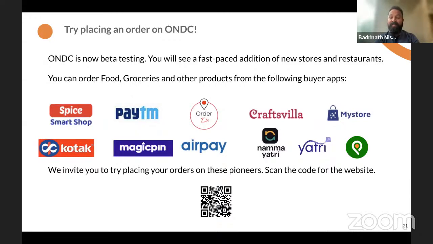That means if you are in Bangalore, you can download Namma Yatri and call an auto, and it's on the open network. It's on the same protocol that ONDC functions on. And Yatri is available in Kochi, where you can order a taxi or an auto, and they're all on the open network.